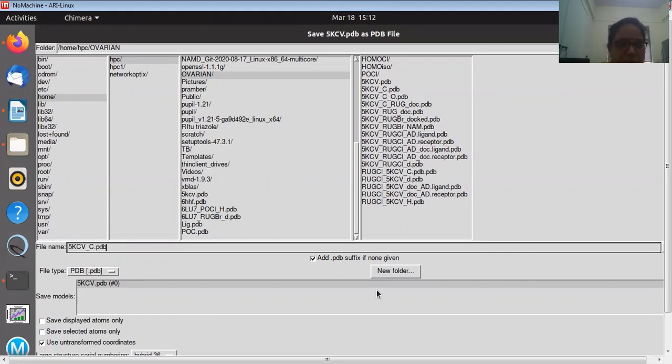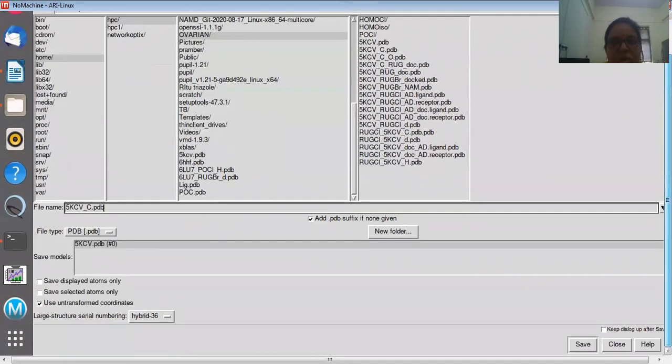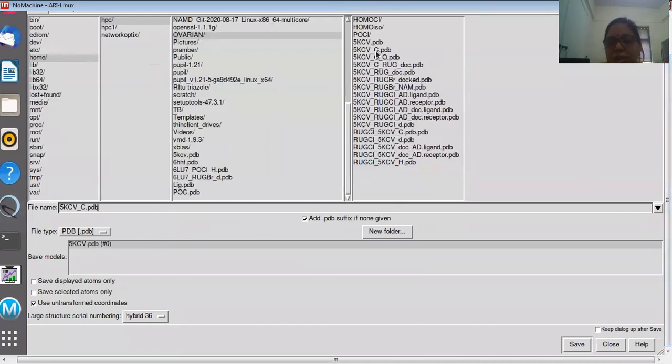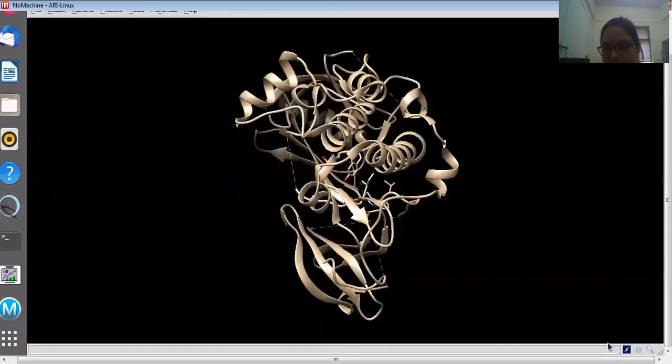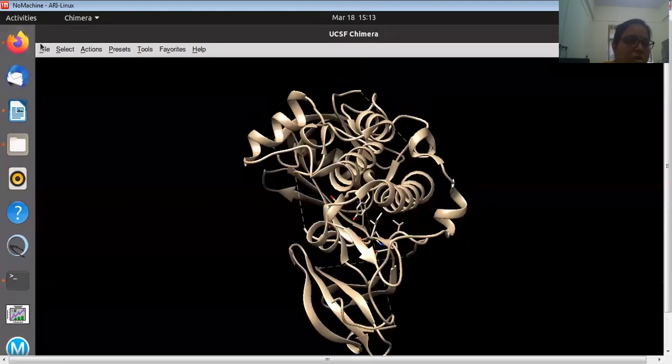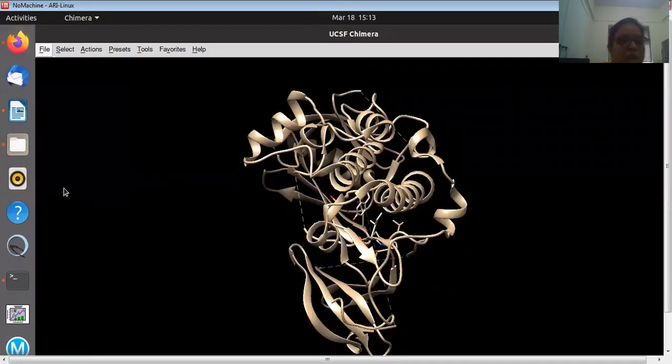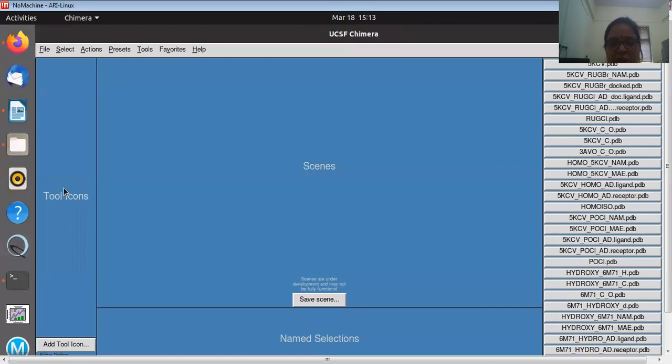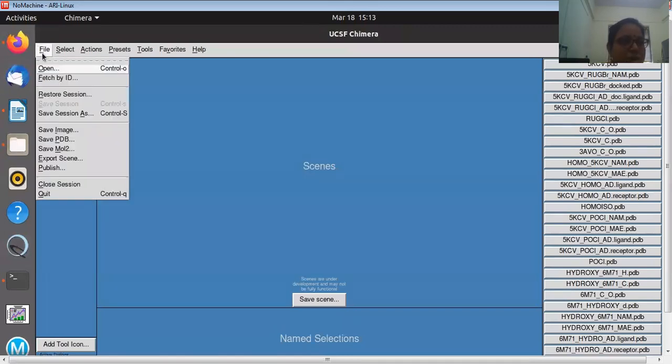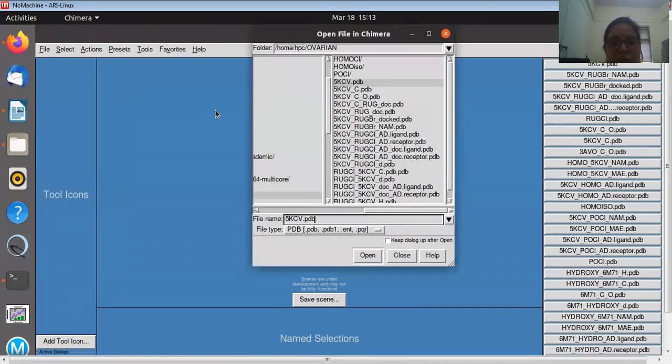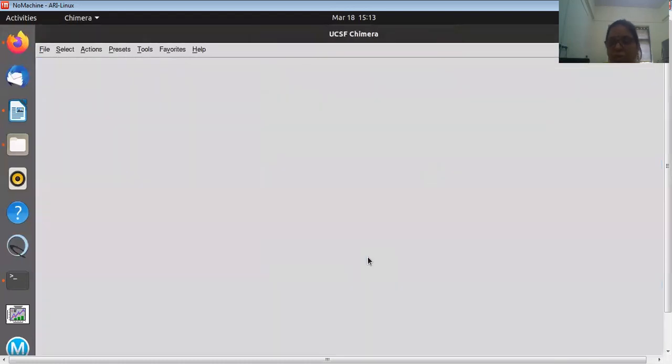In the same folder. Again, I will not do it because I have already done it; you can see it here, it is already saved. So I will not do this, I will close it. File, close session again. I am just doing this to save time. Now I will open the file which is already cleaned, this is the cleaned PDB without any non-standard residue. So this is the protein which is already saved in my folder, so I will open it.